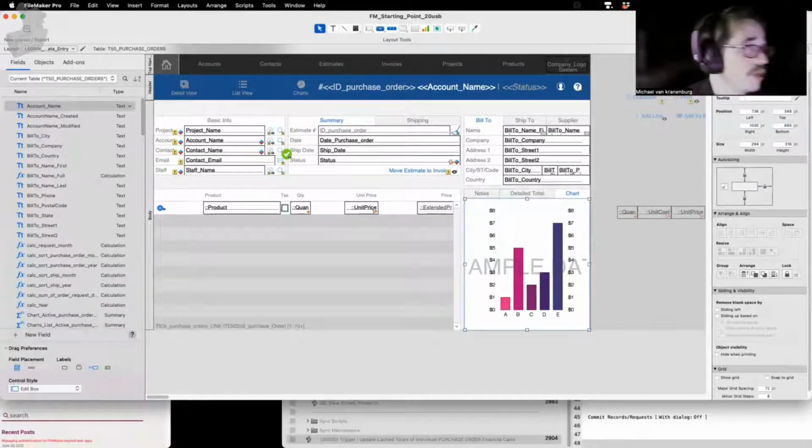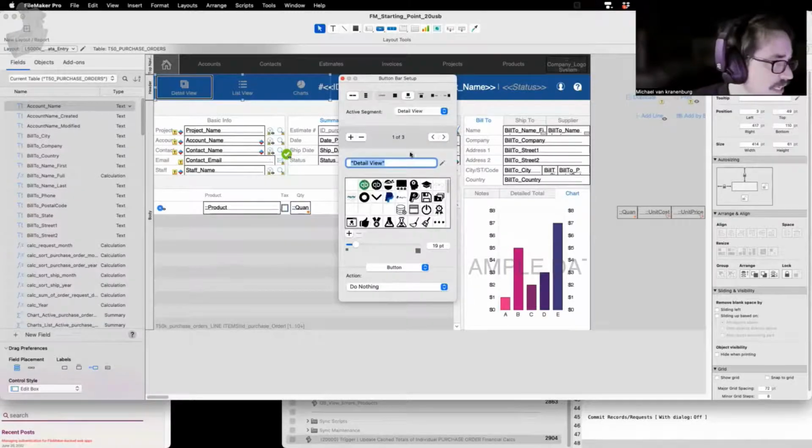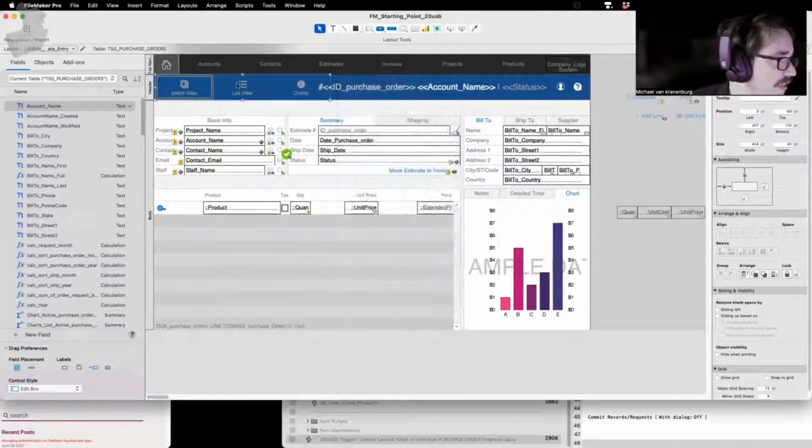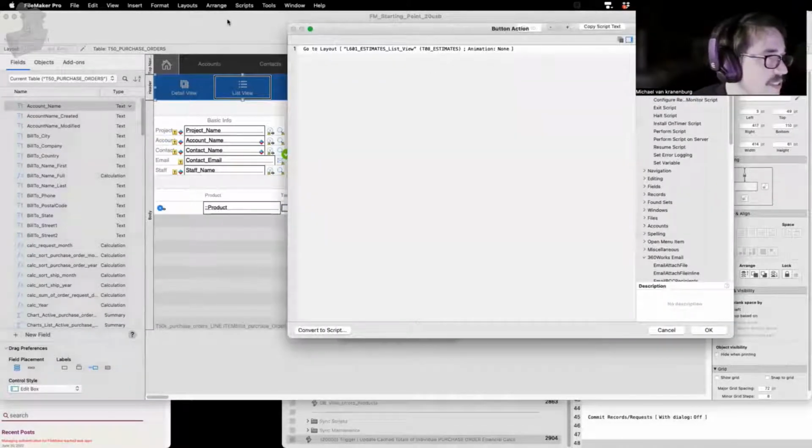Okay, so what do we do next? We change this here. We say the detail view is going to do nothing. The list view is going to take us to a different spot. I'm going to say single step. Instead of going to estimates, we are going to